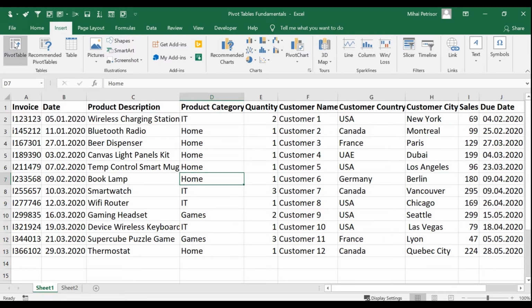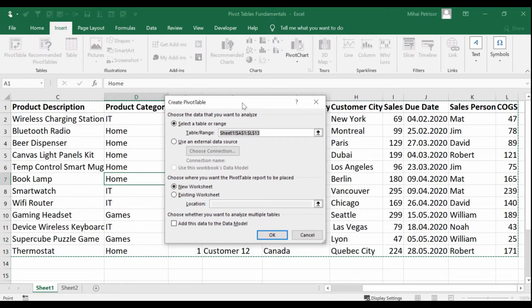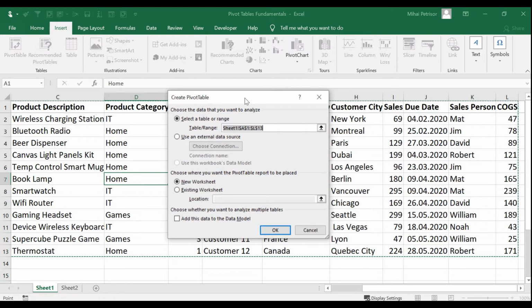I'm going to click this icon and we have a pop-up with a Create PivotTable window. In this window, in the first tab, we have the possibility to select a table or a range for our pivot tables.